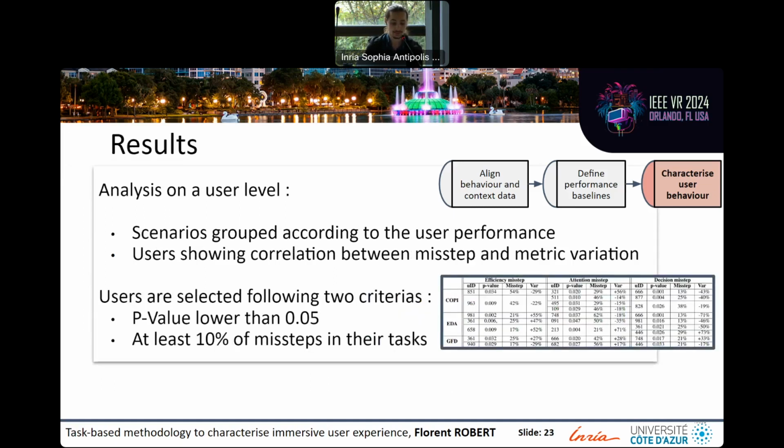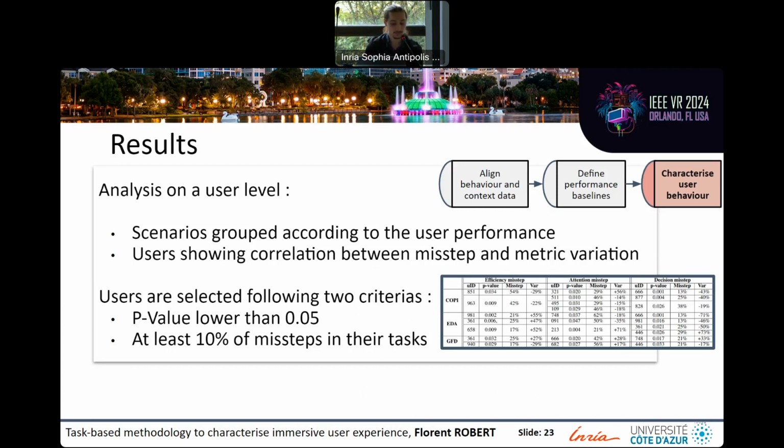A second analysis that we can do to go even further, don't try to read the table yet. This time it's an analysis on the user level. We analyze the users individually, grouping all the data for each user, and we select all the users that show a strong correlation between a type of misstep and a metric variation.